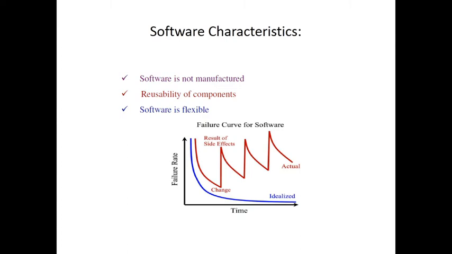After some time, when you make so many changes, not just three, thousands of changes you have made, you are maintaining your software and making n number of changes, a time would come when there is no scope of making a change. That term is known as deteriorated, outdated. You cannot make changes now. Ultimately, you have to replace it with a new one. This is known as a software curve, right? Spiky curve. So software is not manufactured.